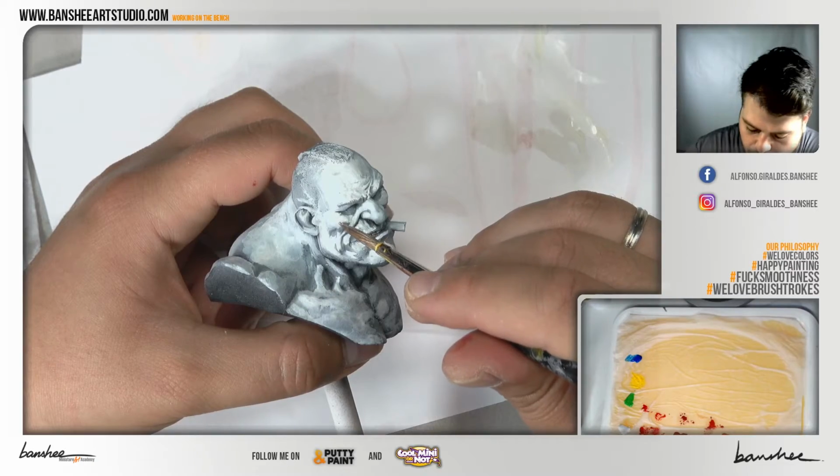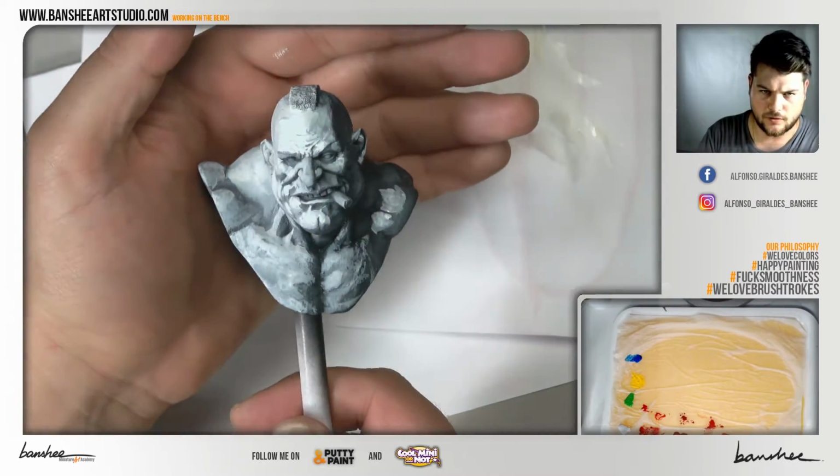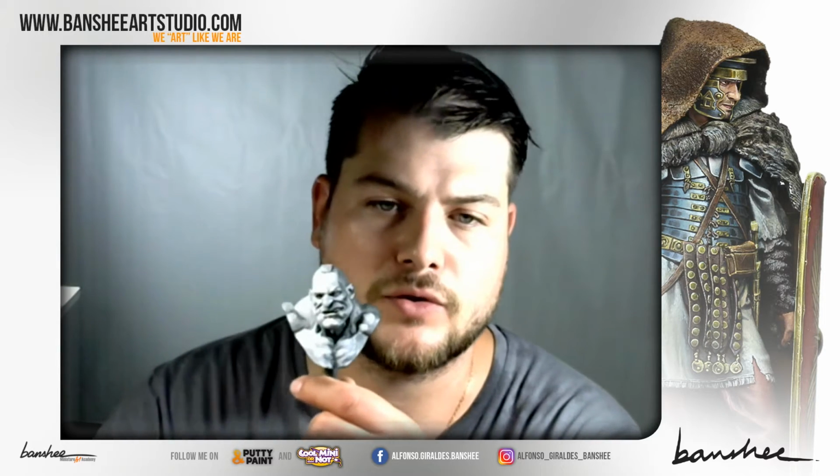Normally I used to do this with several pieces at once, so that saved time for me. But now this could be like an initial stage. This is a sketch where you can check how it will be. I'm going to do the mixtures directly in the palette. You will see how I develop them, and you will see how I apply those mixtures in this